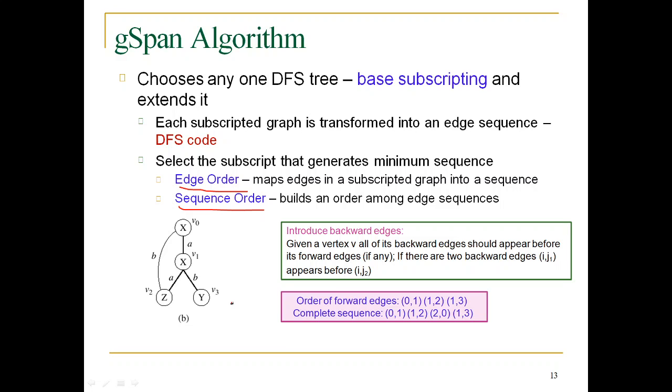Whenever you do the DFS, the backward edges are always given before the forward edges. So once you do any DFS, we are forming the values as 0, then extending to 1, then find out the value for 2. Now we are going to check whether this 2 is again giving any value or not. Since it is extending to the value 0, again 2 to 0, then 0, again 1 to 3. That is what we are going to get.